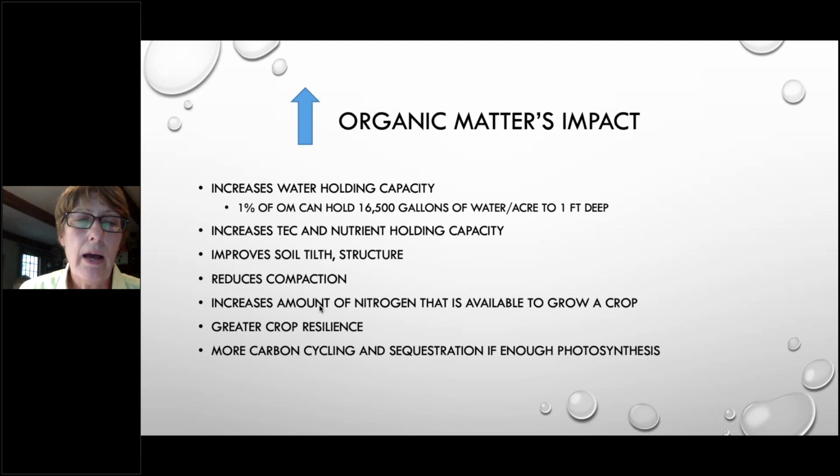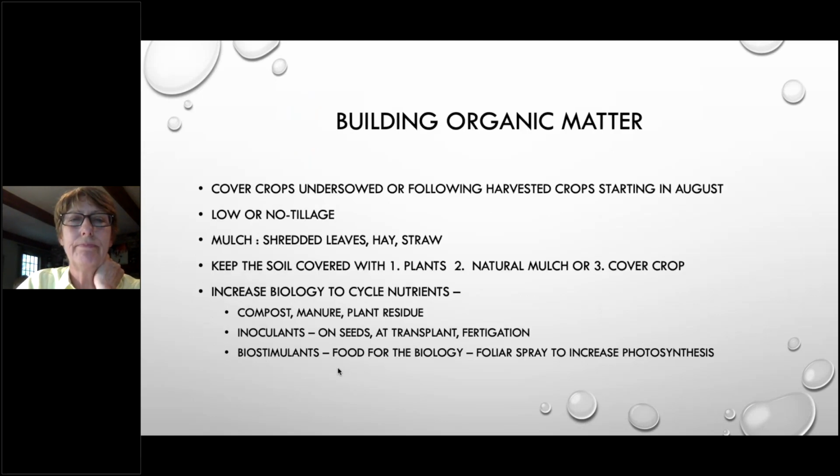And it's also the increase in organic matter is going to give us a greater crop resilience and more carbon cycling and sequestration if we have enough photosynthesis going on. So how do we build the organic matter? That's really the key part, is that cover crops,